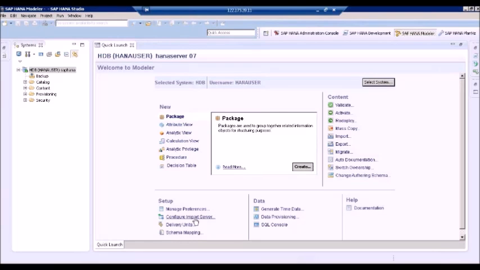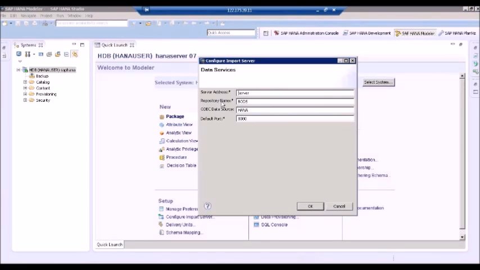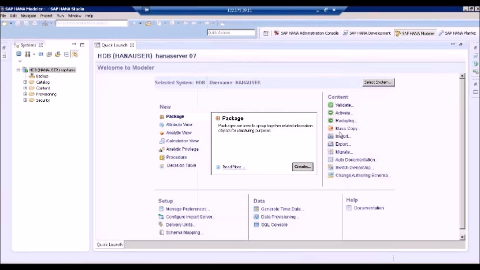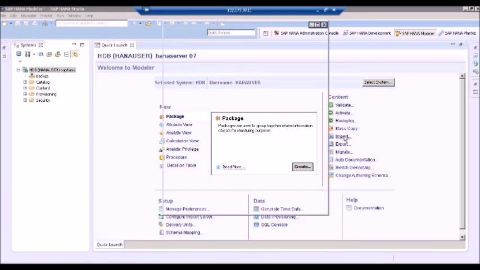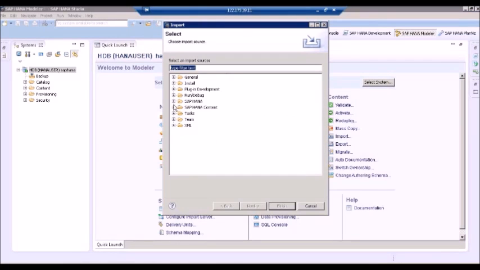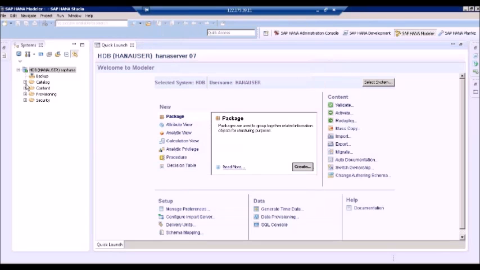So by using these configuration import servers, BODS has been imported as my server. After that, by using these import technologies, I can extract data from any of the contents, having the selective import of metadata. How it can be worked is,